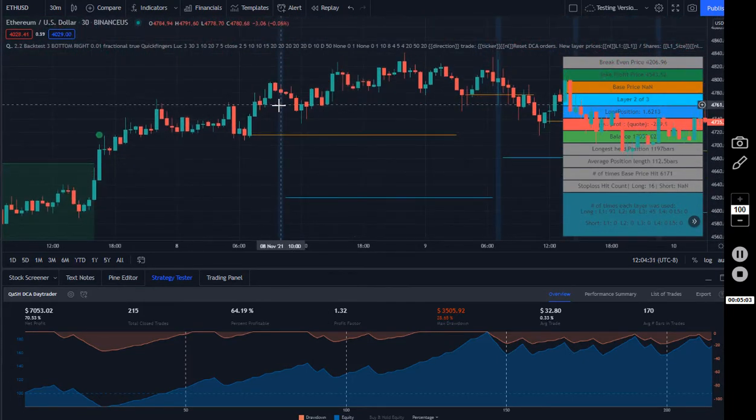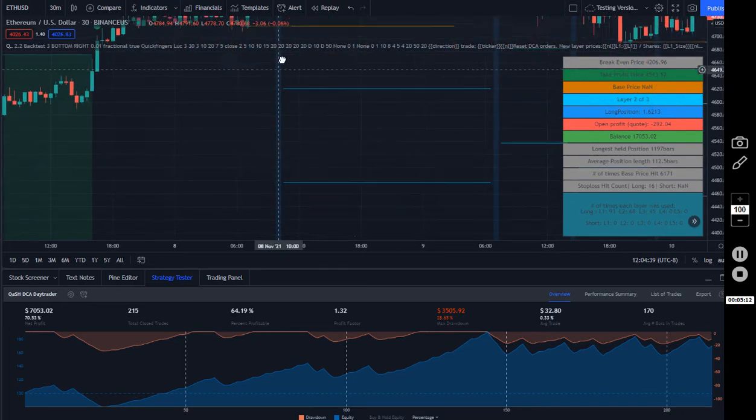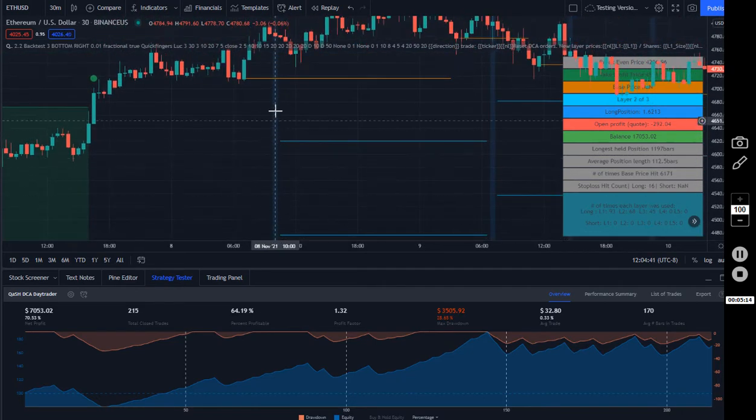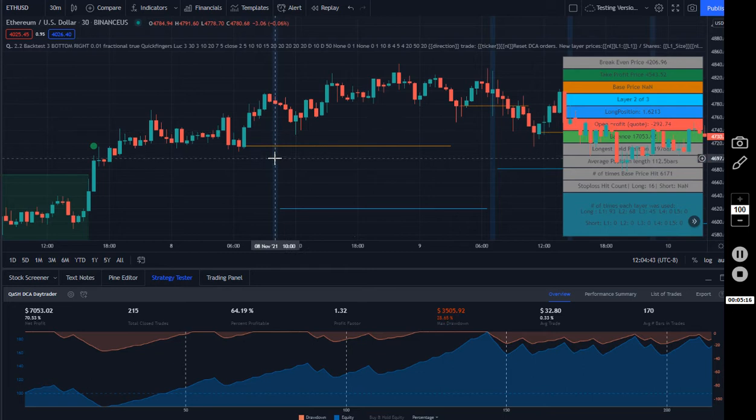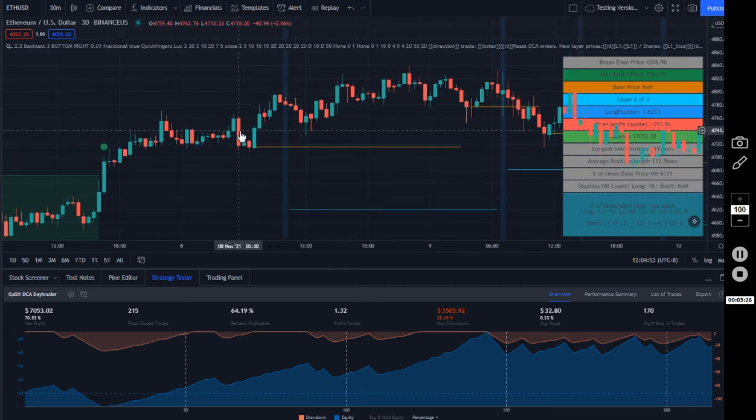The placement of these blue lines is adjustable, but when the entry condition occurs, it will send you an alert, and the alert will tell you what price to place each of these blue lines at, and you can forward that to your automation service to place the limit orders. So then what that means is that this orange line is not created here. I mean, it's drawn to that point, but in real time